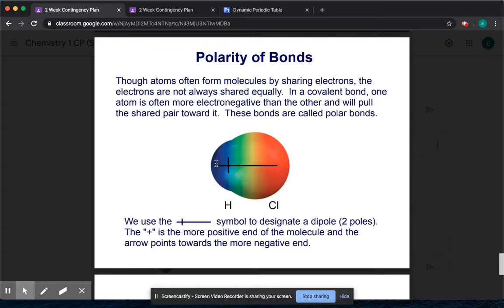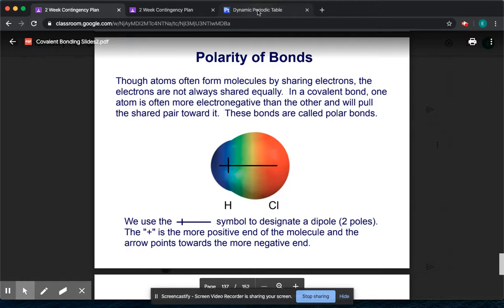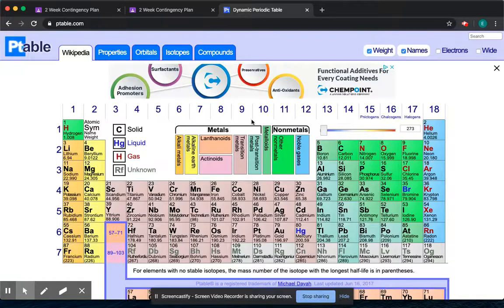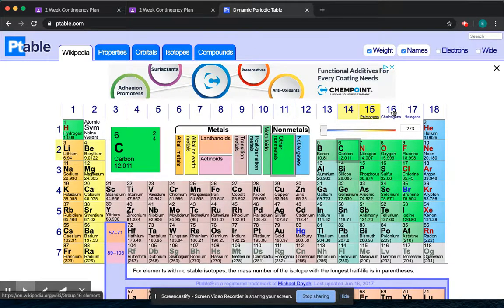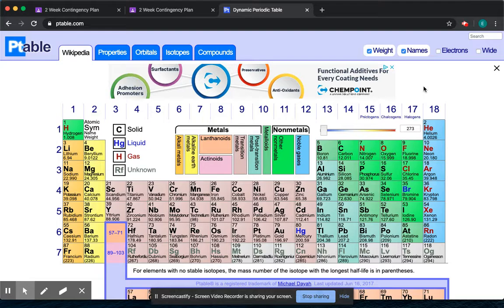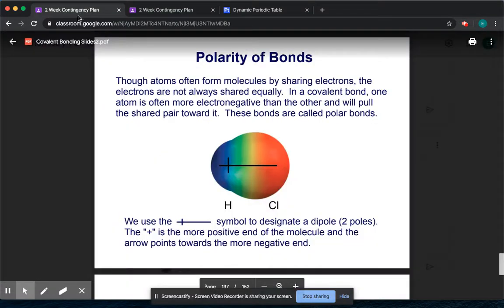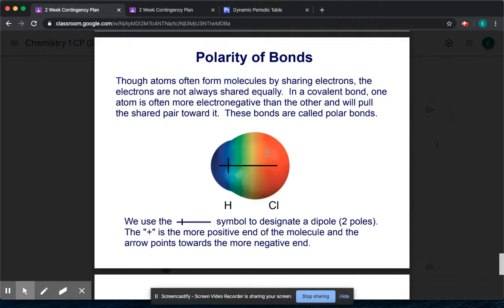So this is showing that the electrons are a lot closer to the chlorine than they are to the hydrogen. And the reason for that is because chlorine has a higher electronegativity. Electronegativity increases, again, going up and to the right. Chlorine is here, hydrogen is all the way over here. So chlorine has a stronger electronegativity, so the electrons are going to be closer to the right than they are